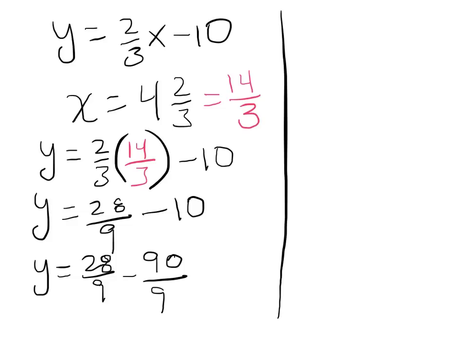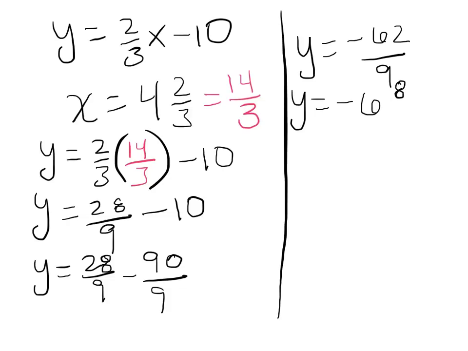And so we get y equals -62/9, and then as a mixed number that is -6 8/9. And the way that you put it into an improper fraction, I'm going to show that on the next slide. But first, the ordered pair is going to be